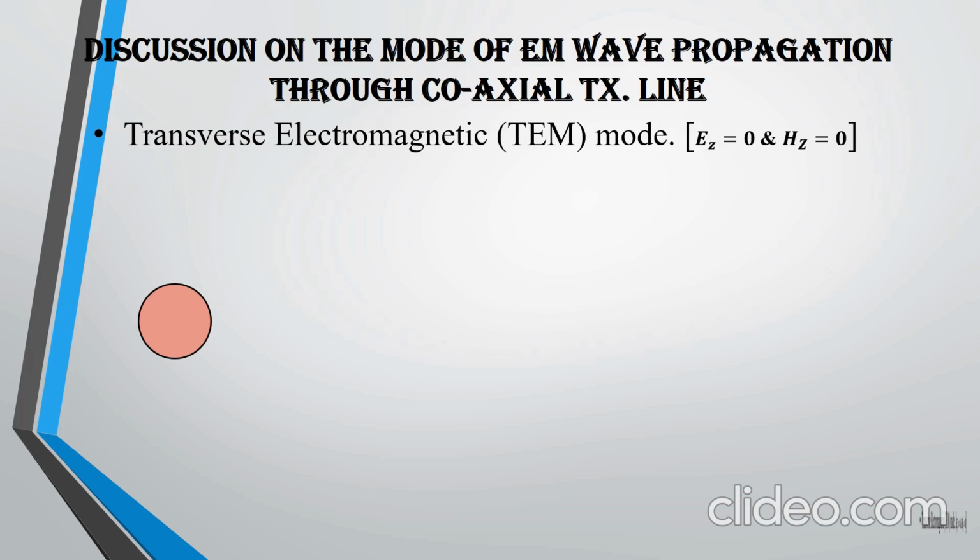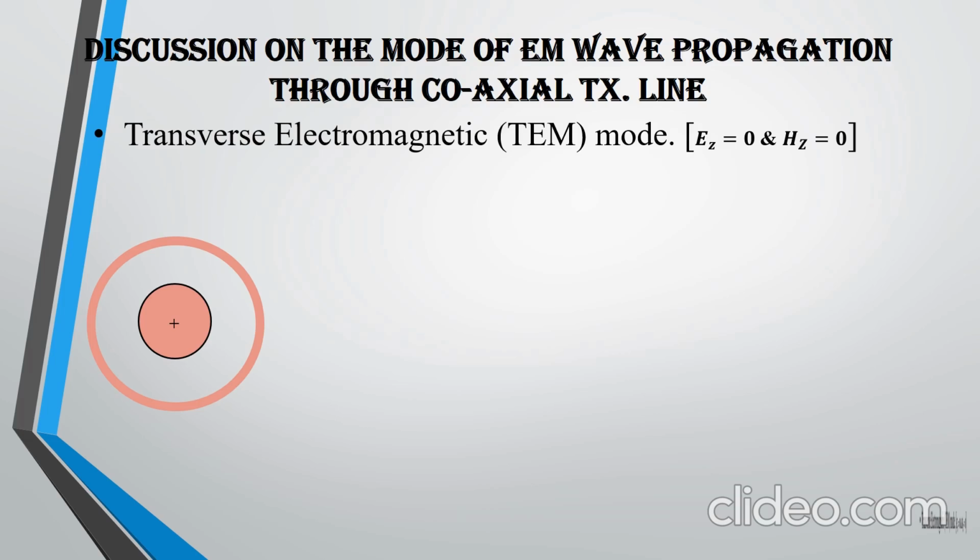So this conductor is basically the center conductor. Now there is another conductor, which is called the outer conductor, and from this figure you can find out that this center conductor and this outer conductor have the same axis but they have different radius. Also you can find out that this outer conductor has a finite thickness.